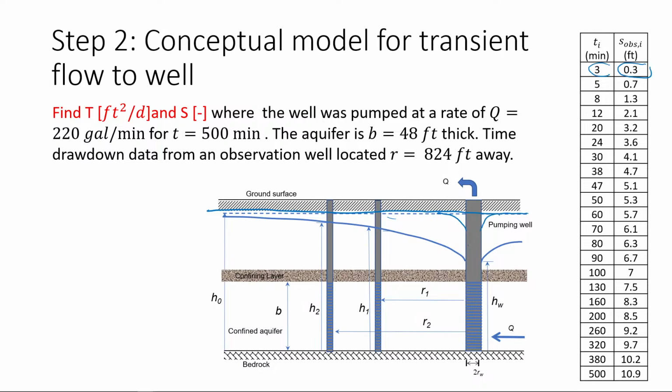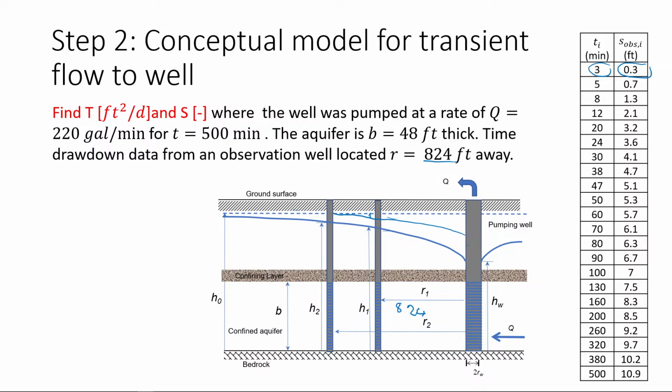So after 3 minutes, I have 3 feet of decline at a distance where I'm observing this. So at R1, let's say a distance of 8.24 meters, after 3 minutes, I have this small decline here,